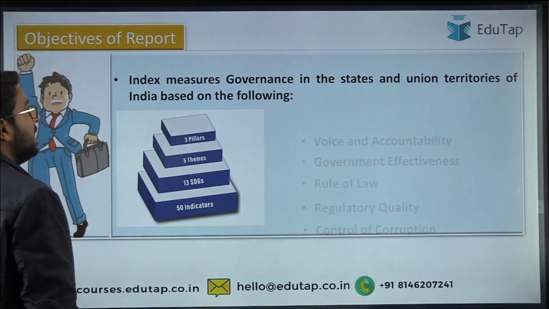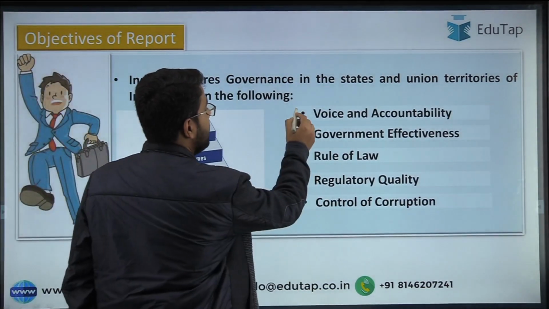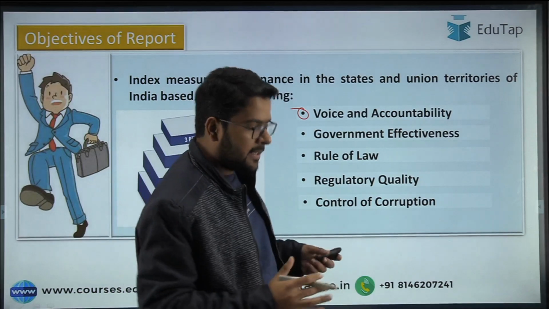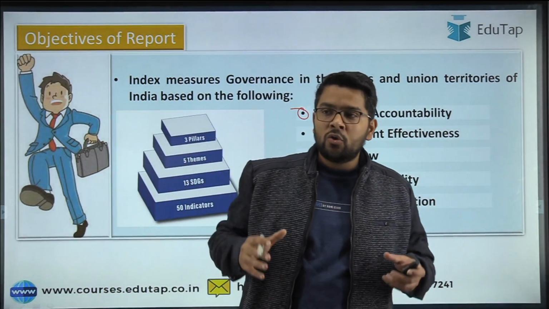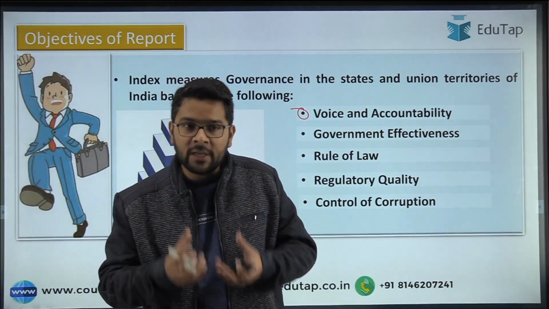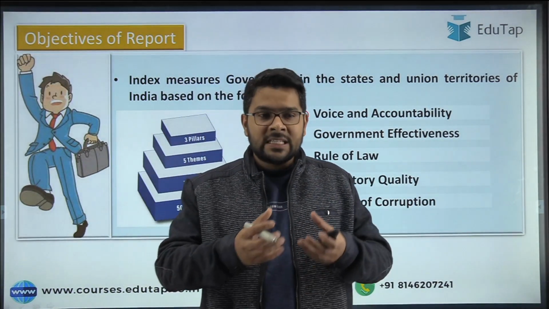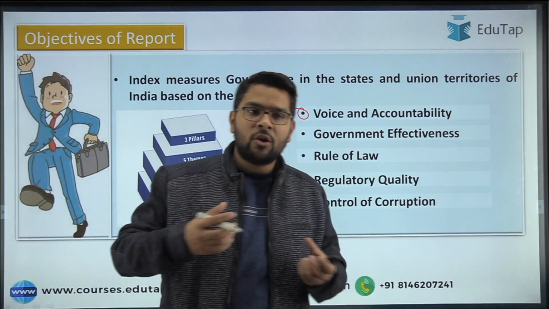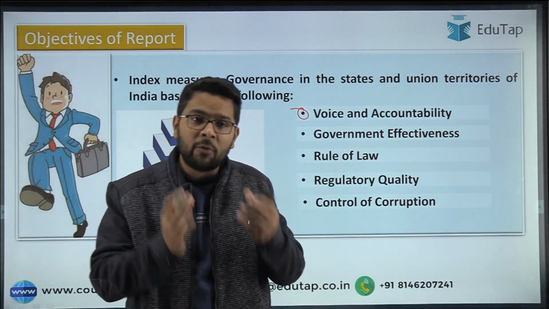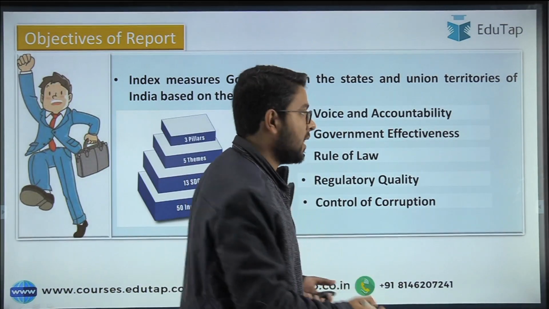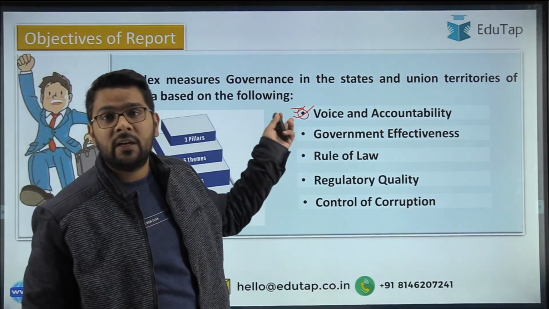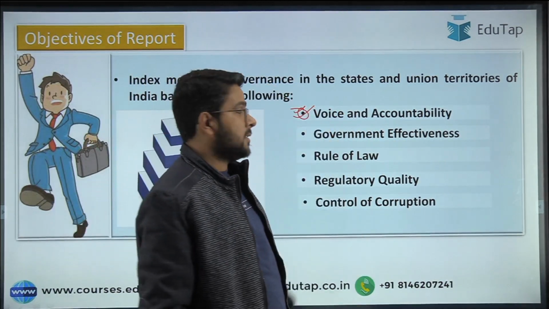So guys, the 5 themes are, number 1, voice and accountability. So guys, you can see that there is a recent farmer protest that is going on. So if the people are being heard by the government, if they have a voice in their say, because some of the farmers are protesting that this law is not in the favor of farmers, so they are protesting against it. So if the government is giving the voice to them and is accountable to them, this is about the first theme which is covered under the respective pillars.